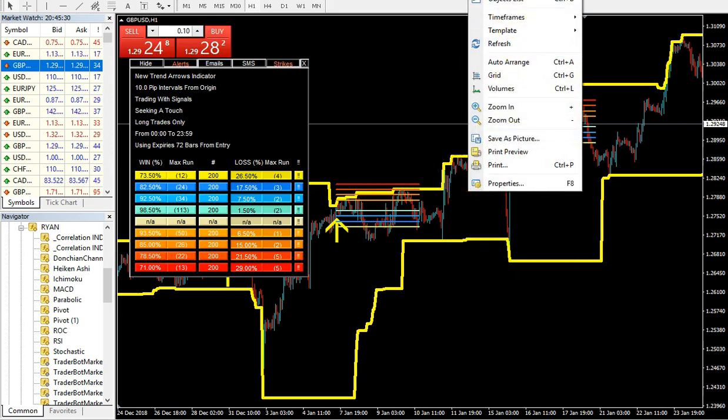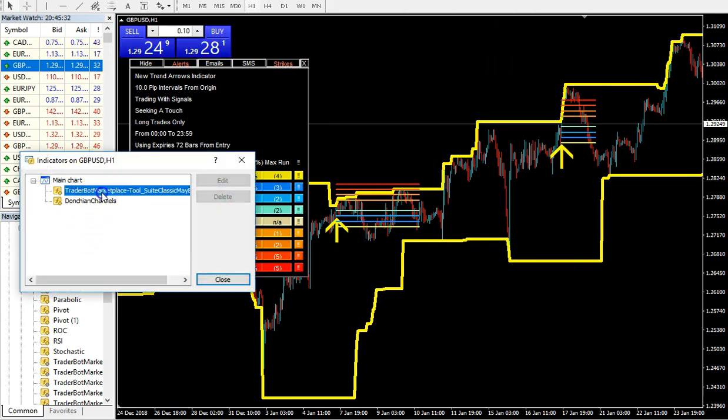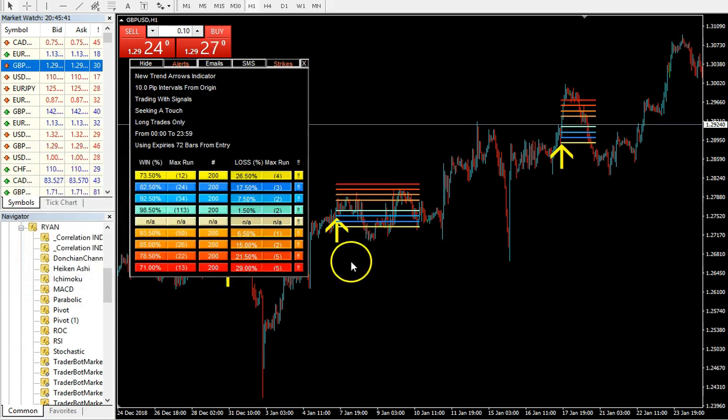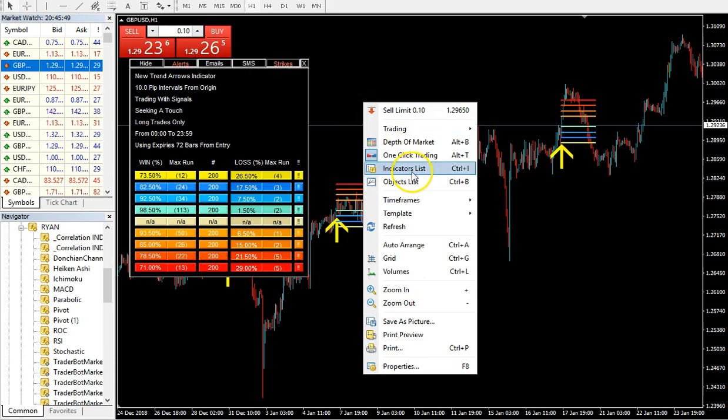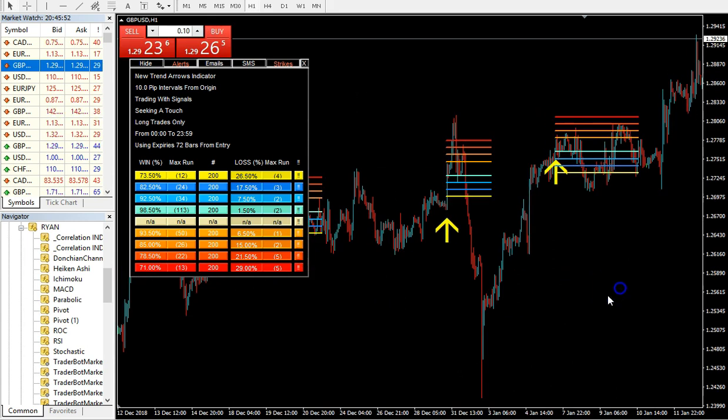I'll go to the indicators tab here. I've got two things listed, the Tool Suite Classic and Donchian channels. If I take Donchian channels off, it will just leave me with the tools, with what we call the new trend arrows. That's just what we call them. Basically, they are Donchian channels with a few little things,